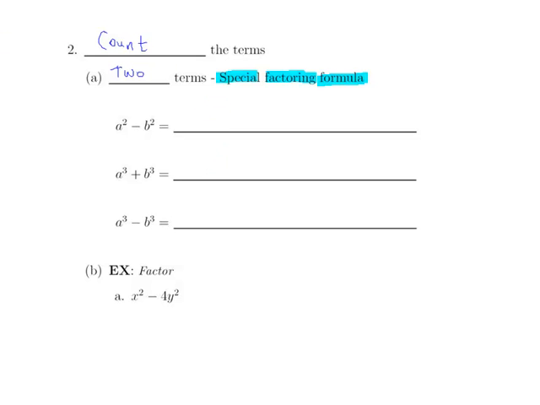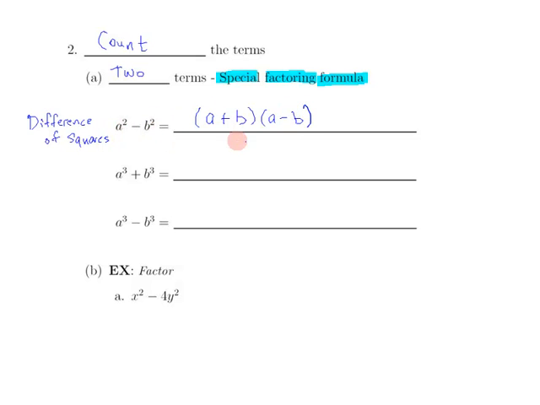The first factoring formula I want us to consider is what's called the difference of squares. What that means is that it's a difference of squares if you have two terms and they're subtracted. That's what difference means. And each term is a perfect square. It doesn't have to just be a single thing squared. It could be something like 9x squared, where both parts of it are themselves perfect squares. If it is a square minus a square, then it always factors into a plus b times a minus b, where a is that thing being squared in the first place, and b is that thing being squared in the